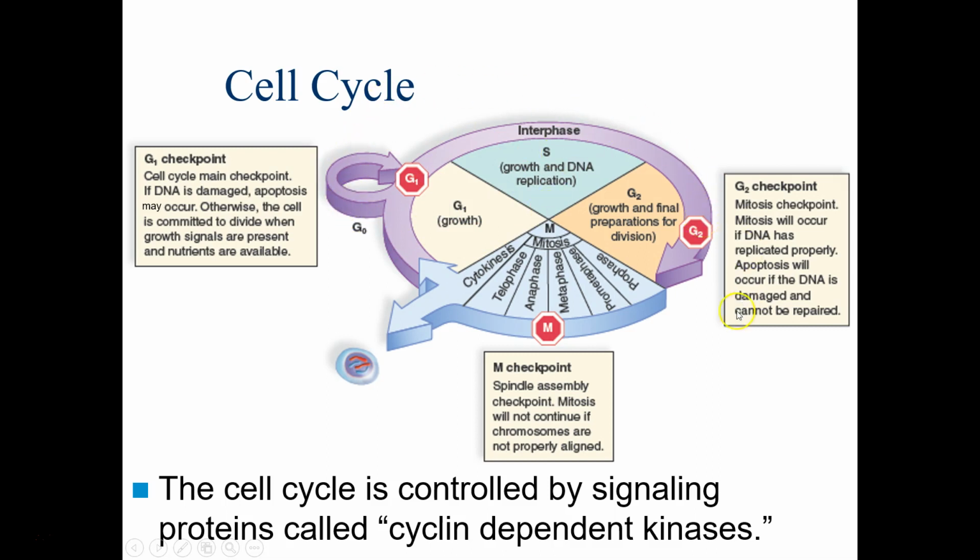Subsequently, once you've done that, the cell wants to check its work. The cell needs to make sure that everything is done properly, and also that it's ready for mitosis to begin. Now, there are others along the way. There's one at the very beginning of G1 that says basically, once the cell starts G1, it's committed to attempting cell division. Whether or not it dies along the way or what kind of cell division, that's not really here or there. But once the cell starts G1, it will go through to the end.